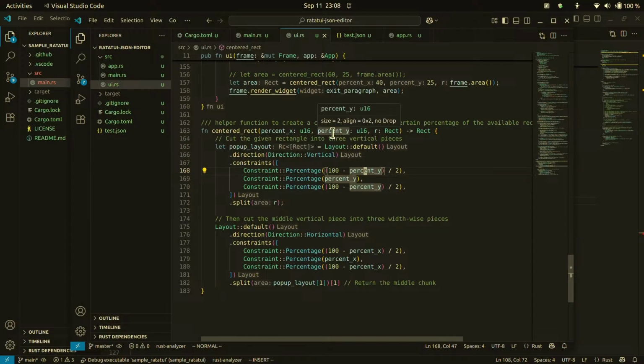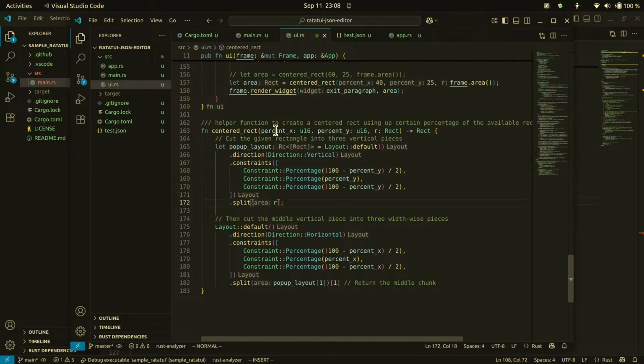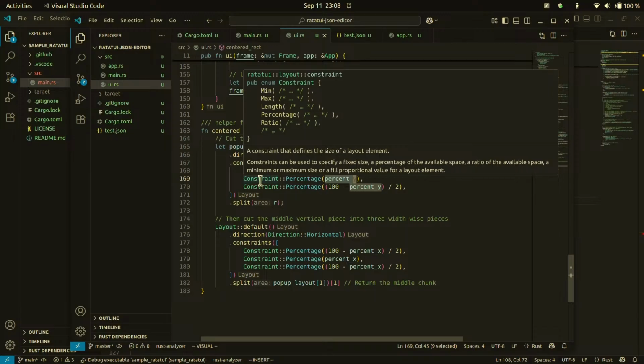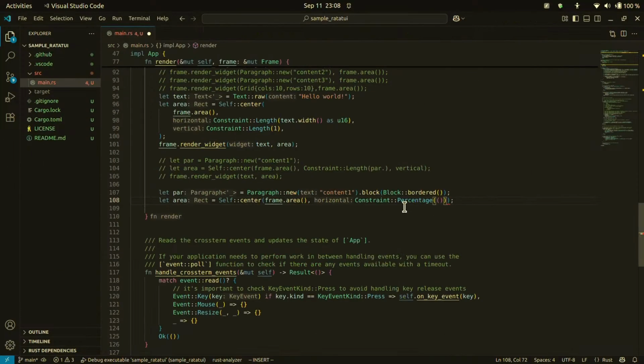Percent y. This one doesn't use any. This one just uses rect. Split area R. Constraints. Percentage, say, let's put